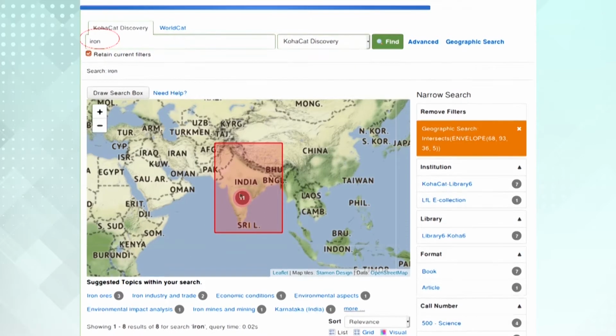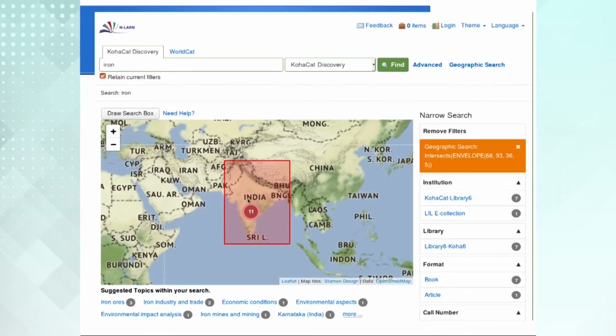So, same 8 results, but these 8 results actually give 11 hits. This 11 does not represent the number of documents. As I said, one particular document may include a number of places. So, this is basically the number of place names available inside the documents, but the number of documents is actually 8. So, these 8 documents produced 11 data sets related to the geodetic search.